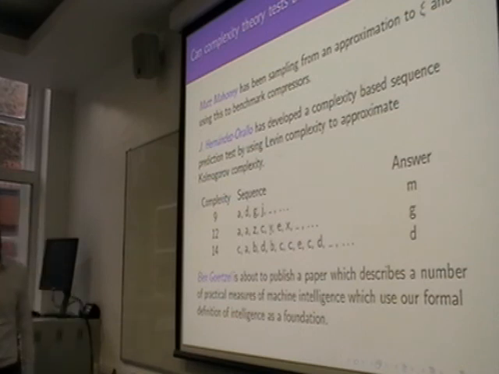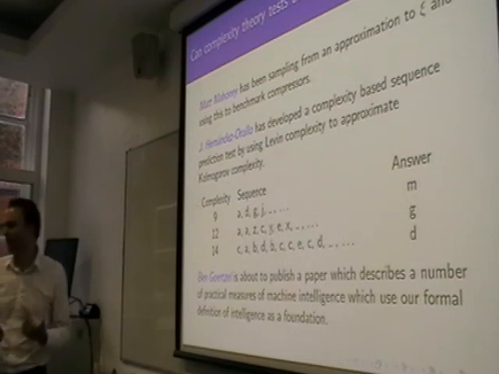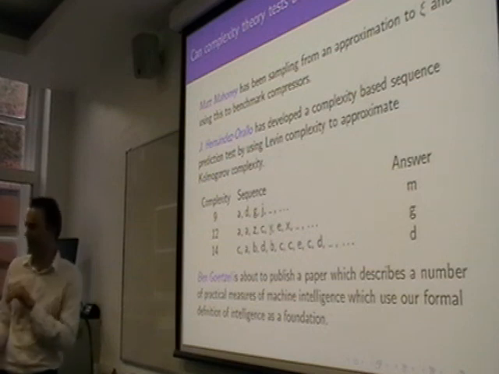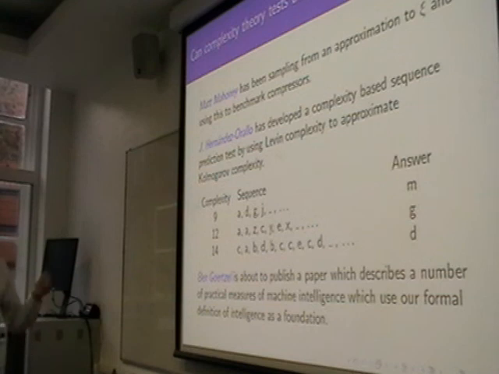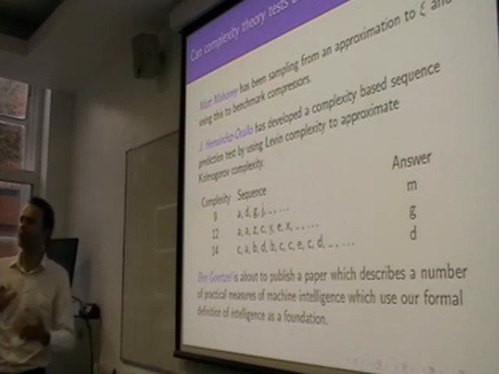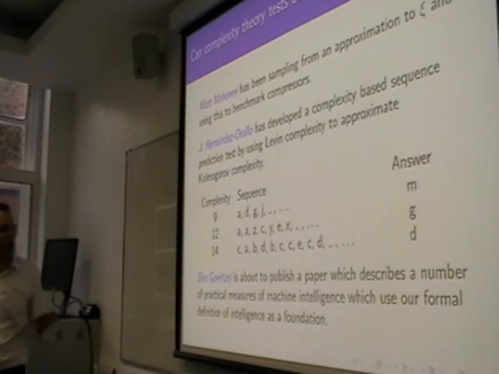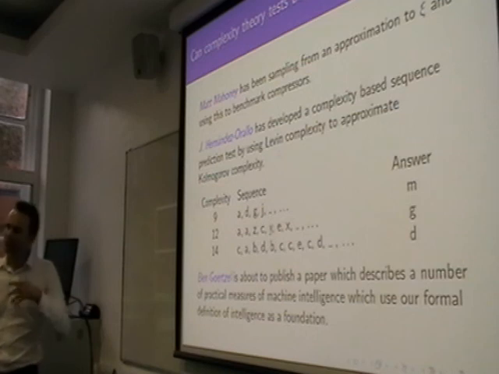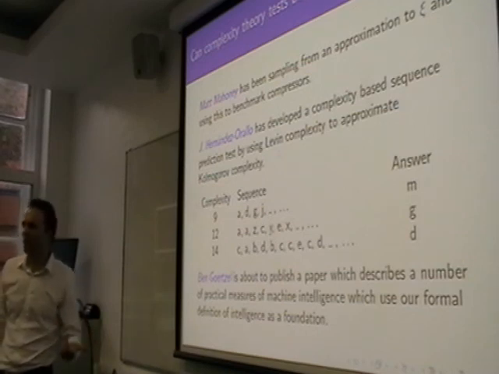This guy here, this was back in 2000, it was a while ago. He had some similar ideas about intelligence, and what he did is he put together a definition of intelligence using Kolmogorov complexity, and then he approximated it using something called Levin complexity, which takes the time into account. So it's not just description length, it's time, like what you were asking about earlier. And then it's computable, and he then managed to come up with sequences. He only did sequences, he didn't do full interaction systems like I'm arguing for. So a bit more limited in that sense. And sure enough, he came up with sequences, and you had to then predict what's coming next. And unlike usually in an intelligence test, you get all these different sequences you have to predict, and some are harder than others. Where do they come from? Well, people think that this seems to